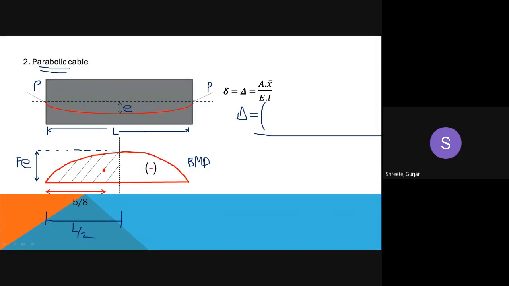What do others think? Are you going with this answer of 2/3? Yes, sir, 2/3. Correct, it is 2/3, not 1/3. When will it be 1/3? Can you tell me?